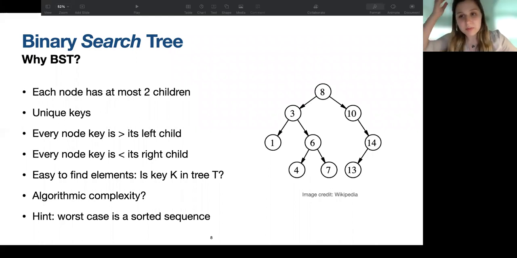I have an example of the binary tree right here, and you can see that the root, for example, is 8, and there is a 3 to the left side of the root, which is clearly less than 8. However, 3 has the right child, which has the key 6, and this is greater than 3. But you might note that it is still smaller than 8, the root, and it makes perfect sense because